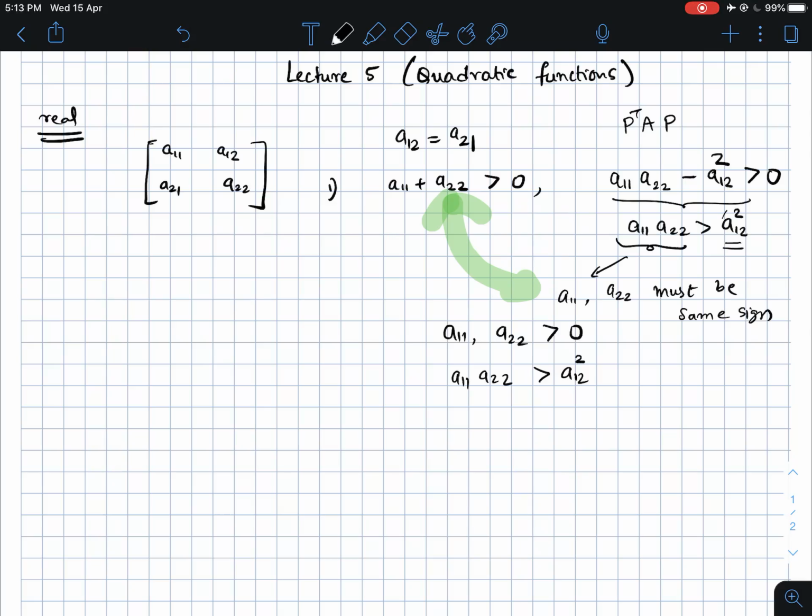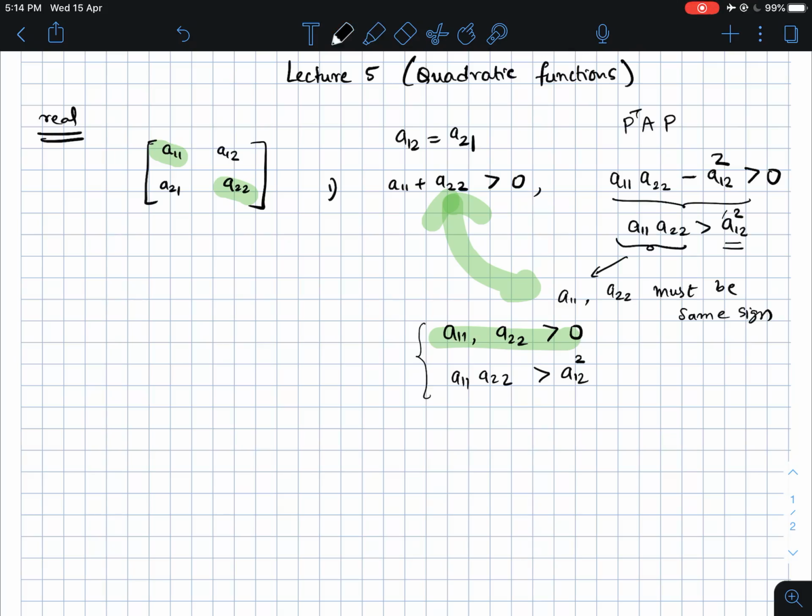So you can make a very quick check when you see a 2 cross 2 matrix. This we knew anyway. This is actually just saying that the diagonal entries must be positive, which we knew anyway, because for a positive definite matrix the diagonal entries must be positive. In fact, the conditions that you wrote down will be exactly the same